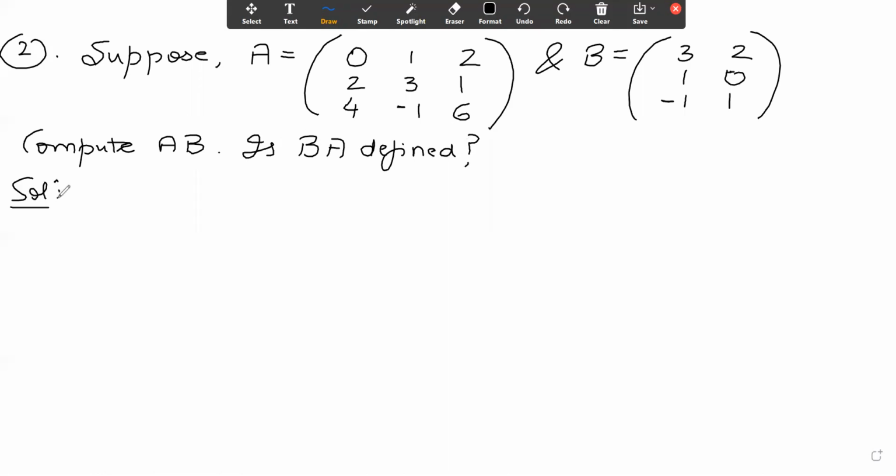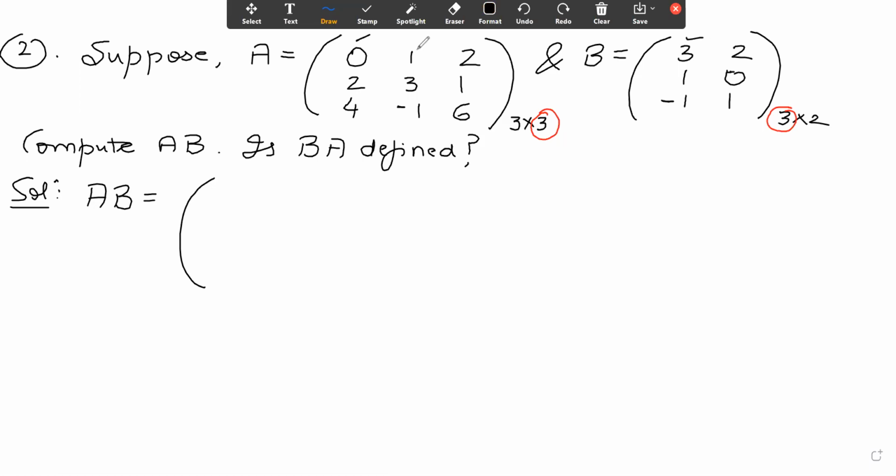So guys, if you look at matrix A, it's a 3 cross 3. If you look at matrix B, it is 3 cross 2. So is the product AB defined? Yes, because this 3 is same as this 3. And the resulting matrix will be 3 cross 2. So if we quickly find it, guys, what will AB be? Now we can quickly do it orally.